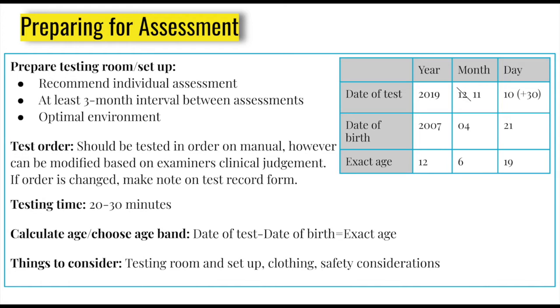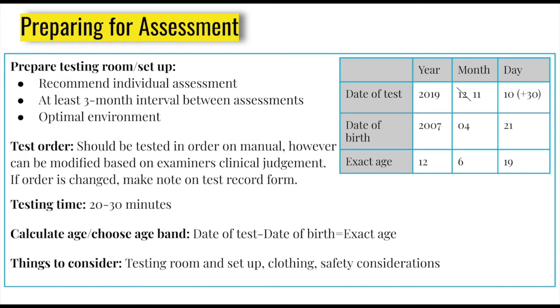So to calculate the child's exact age, you would take the date of the test and subtract it by the date of birth. The example given above is the child you'll see later in the video, who is 12 years, 6 months, and 19 days old. So to do this calculation, we had to borrow 30 days from the month